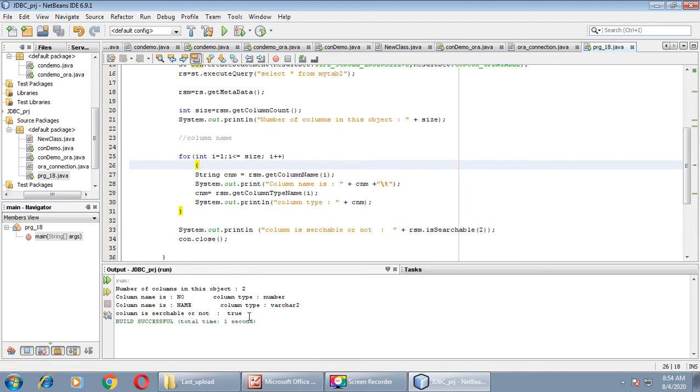Whether the data stored in this column is searchable or not, we got true as a result. This method always returns a boolean value, right? The get column type name will return the string data type. Similarly, get column name returns the string value in the form of column name.